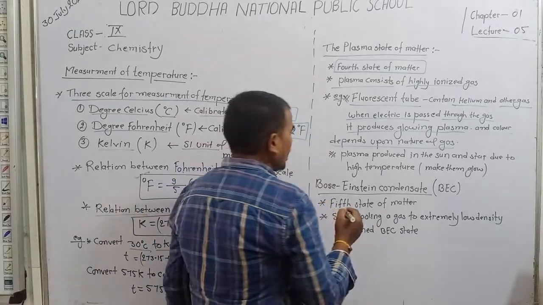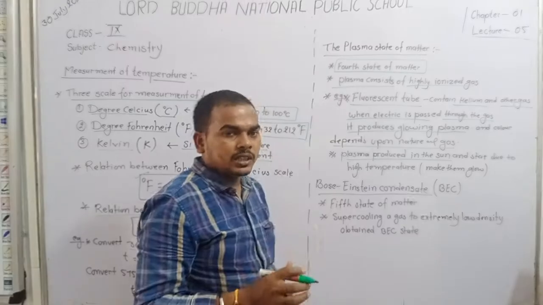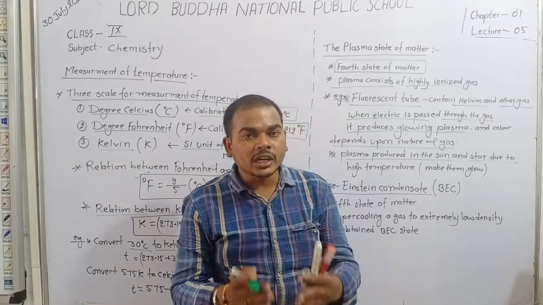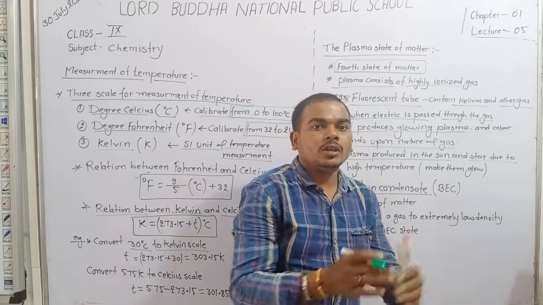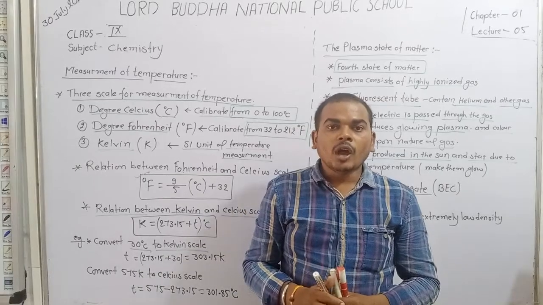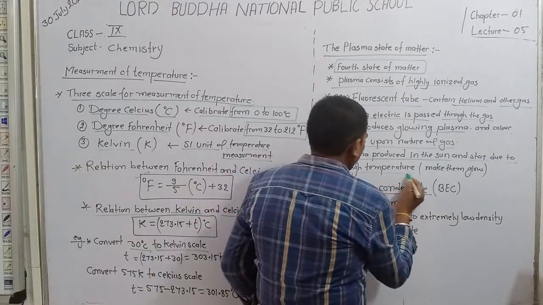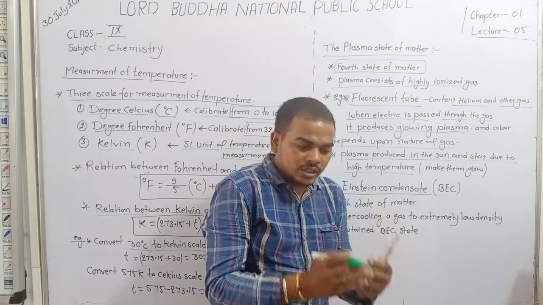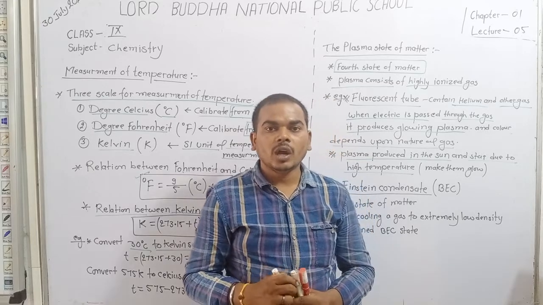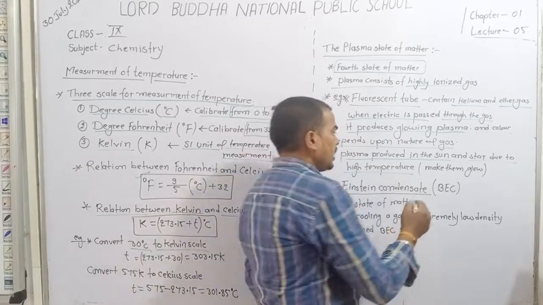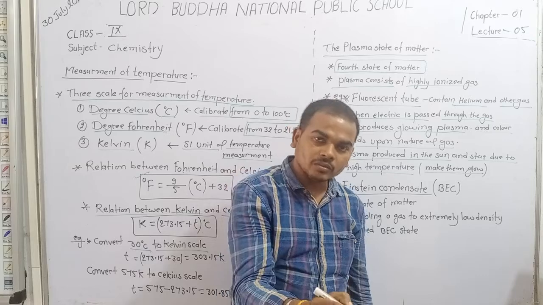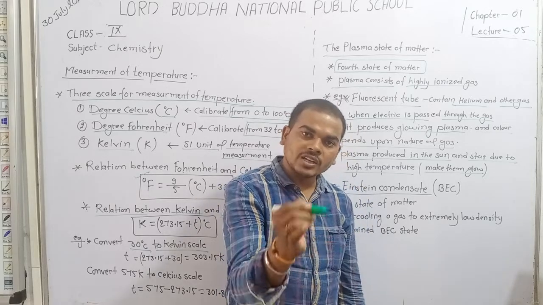Plasma is also produced in the sun. You know that the sun glows and stars also glow. Do you know how the sun and stars glow? It is due to the presence of gases. The sun and stars contain gases like helium, and due to the high temperature, these gases convert into plasma. They become ionized, and then they glow. So we say that the sun and stars glow due to the presence of ionized gas, that is plasma.